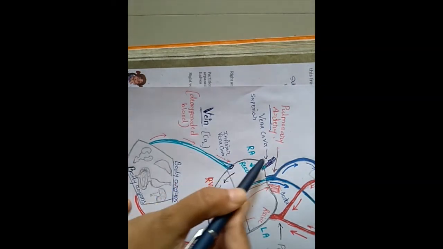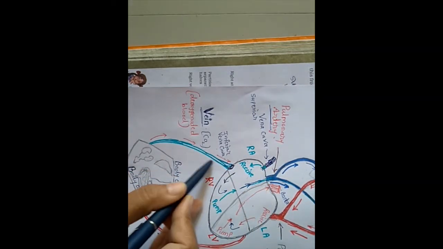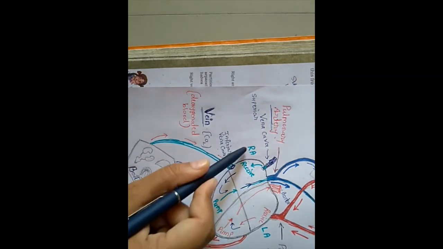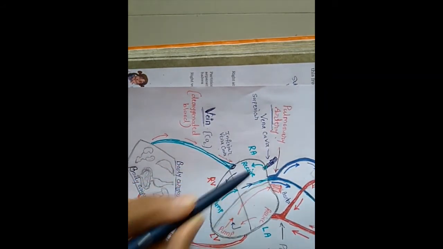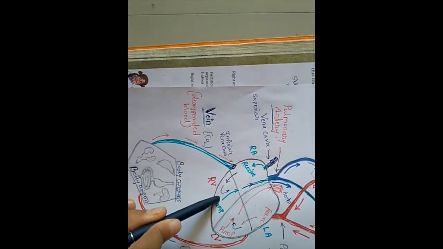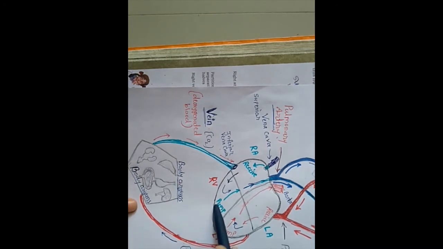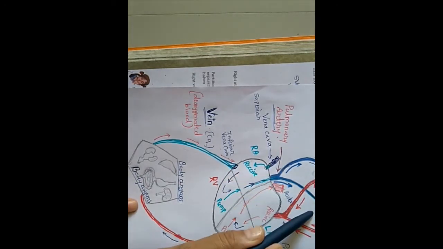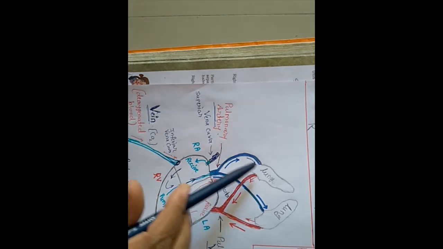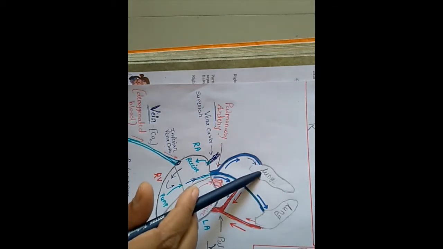Then by these two vena cava, the deoxygenated blood enters the right atrium, and from the right atrium it reaches the right ventricle. From the right ventricle, as it is a pumping chamber, it is pumped out towards the lungs, as it is impure blood, to become pure, as it is deoxygenated blood, so that it can absorb oxygen, it will reach